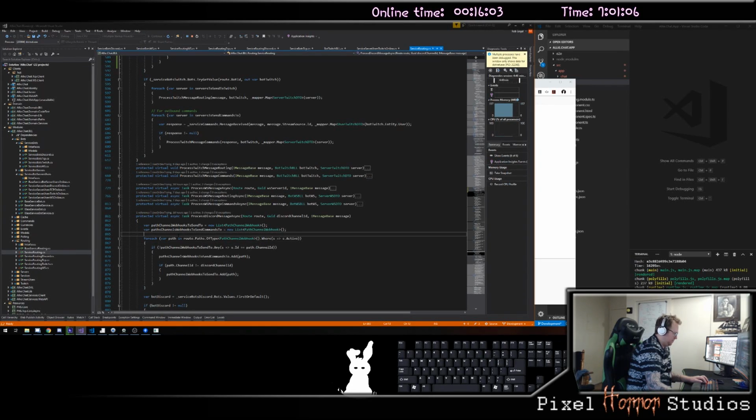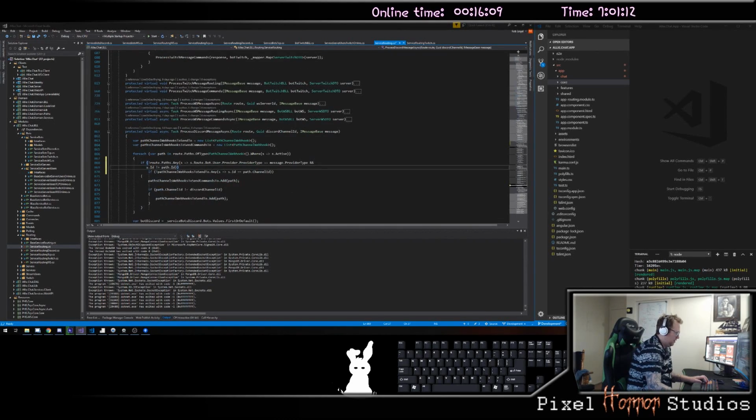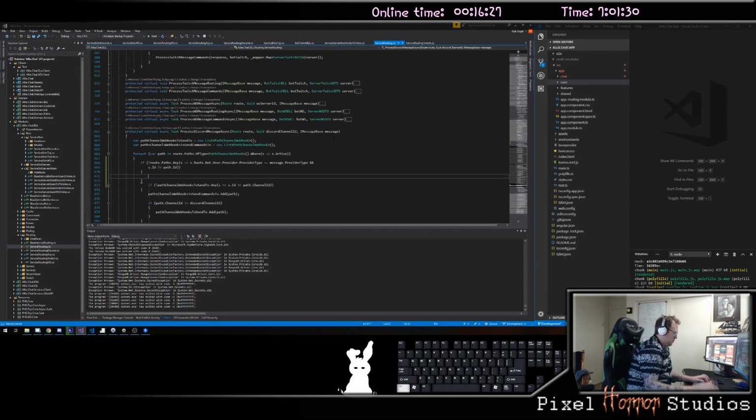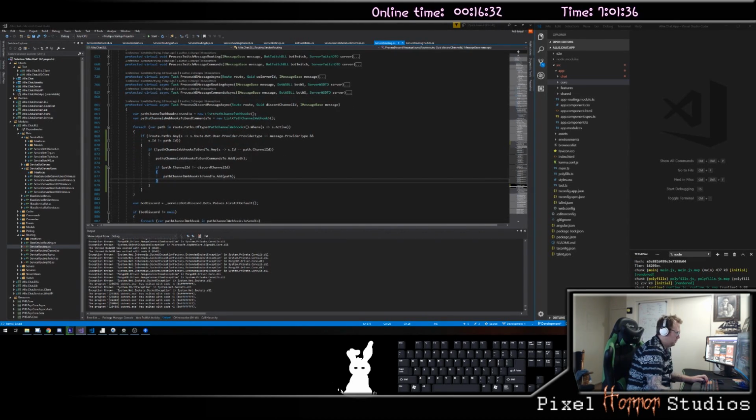Say for each path, if your route dot paths of anywhere your bot is the same, like that, and you also don't want this to happen